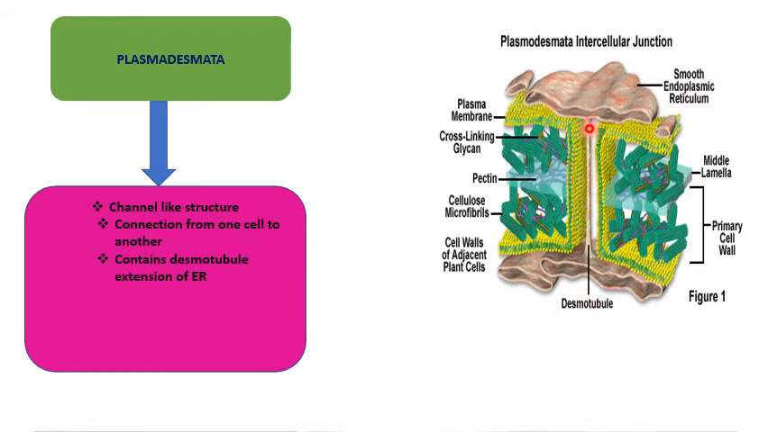to another cell, and the pectin molecule or the protein which is present in the outer layer of this desmotubule helps in the transfer of the molecules inside the desmotubule, and it also contains a primary cell wall, middle lamella, smooth endoplasmic